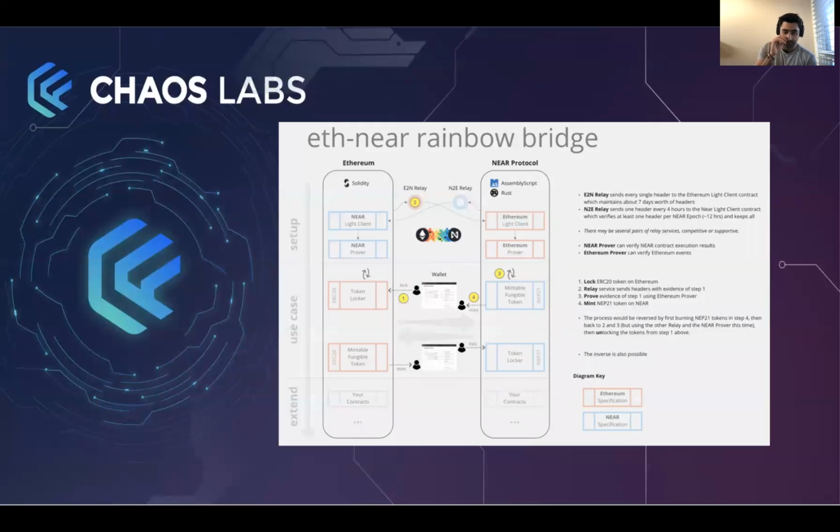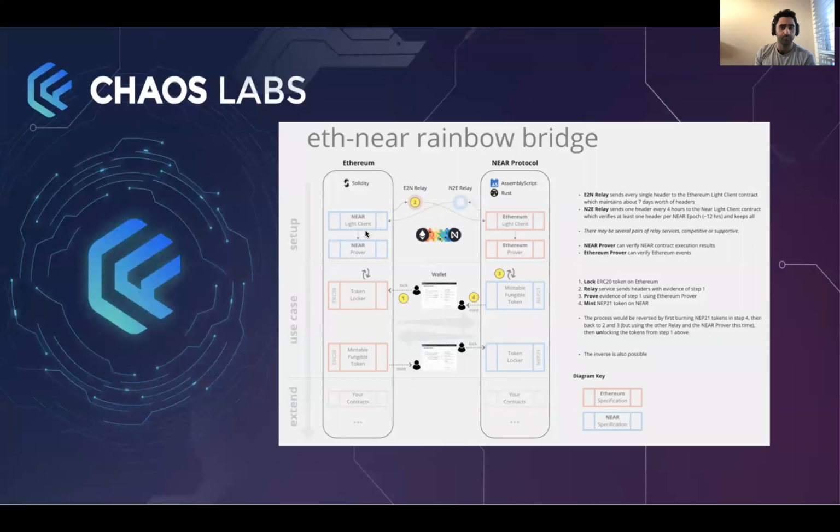If we dive a little bit deeper into the architecture, what we see here is the following. Like we said, with light clients and relays, each chain needs to implement a client that can monitor and receive messages. On the Ethereum side, there's a Near light client. On the Near side, there's an Ethereum light client. We also have these external actors, which are responsible for data liveness, monitoring messages that are happening and transporting them to the corresponding bridges.